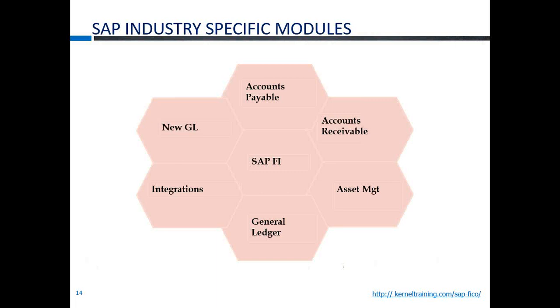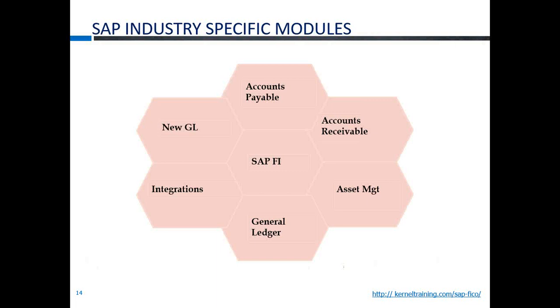When the vendor confirms the payment and gives you the statement, you have to reconcile it along with your books of accounts. This is done in accounts payable, and SAP has very specific features. In SAP, you have a concept called GRIR, which will be discussed in our sessions, and a concept called automatic payment run. These are not small topics; it is a very important and interesting topic in accounts payable.